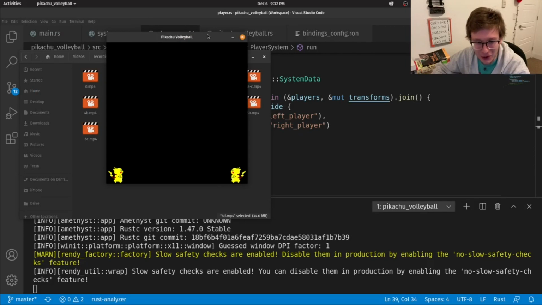It cannot go off bounds, so you see I'm hitting the wall and it's just staying there. It's where I'm pressing. And I cannot go through the invisible net. It stops right there. Same thing for the left side Pikachu. Okay, looking great, but our Pikachus don't have much to do right now. So let's give them something to do by